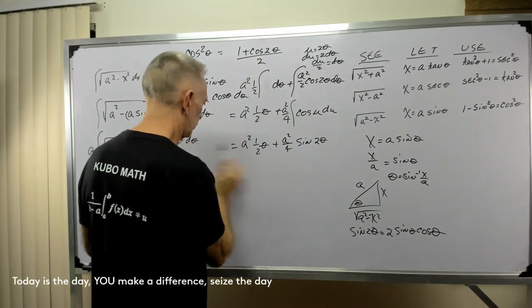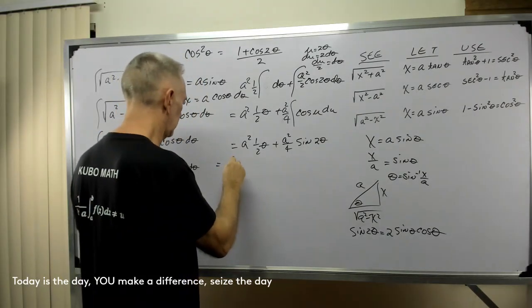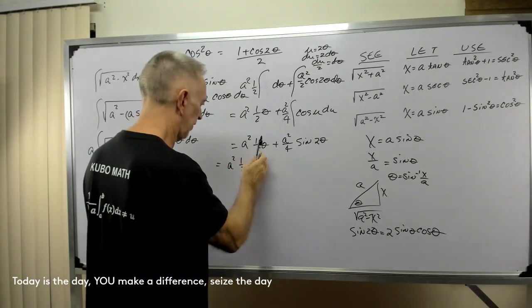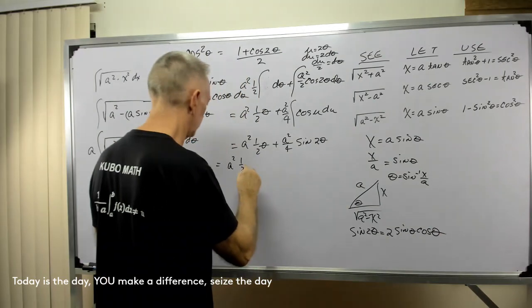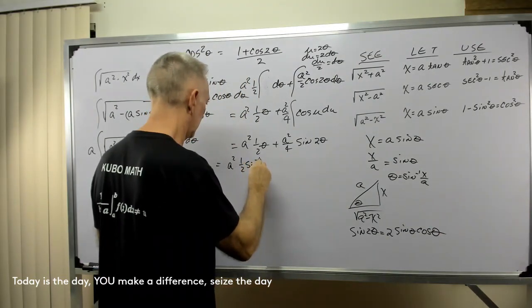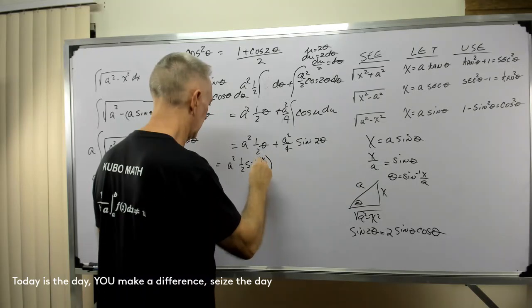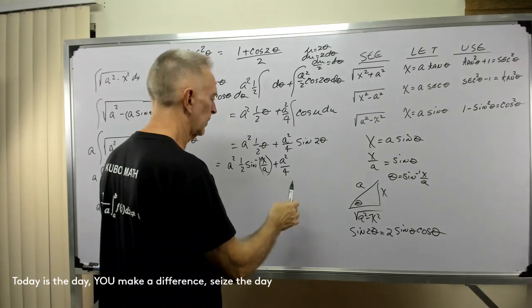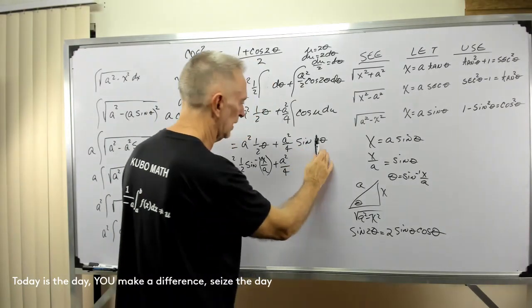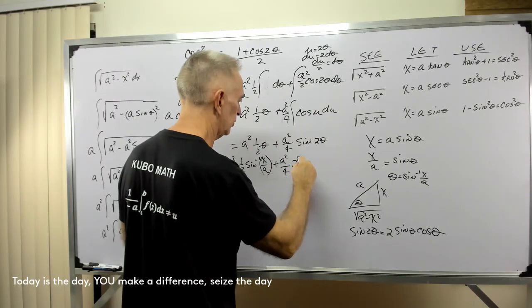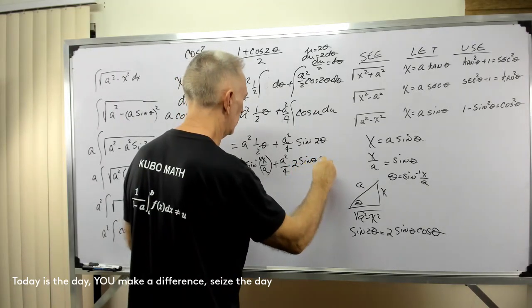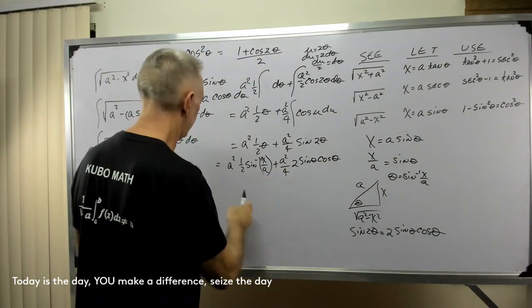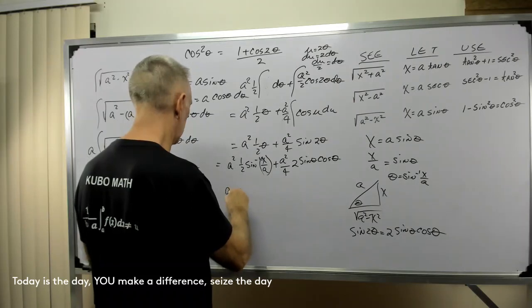A squared times 1/2 theta, where theta was sine inverse x over a, plus a squared over 4, and this was sine 2 theta, but now we're saying that's 2 sine theta cosine theta. Well, 2 over 4 gives me a 1/2. So I've got a squared,